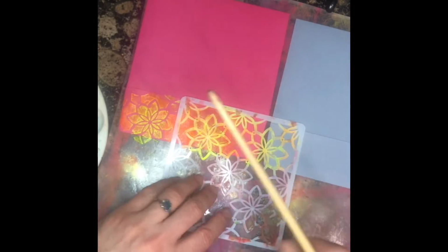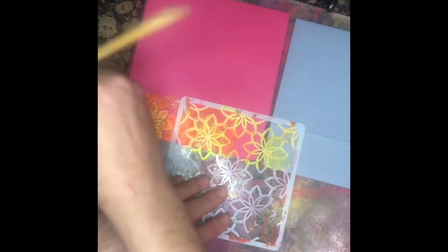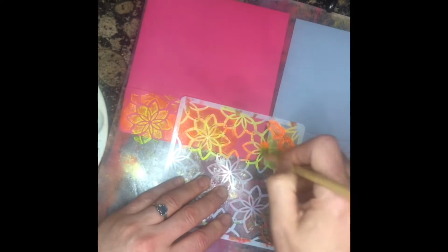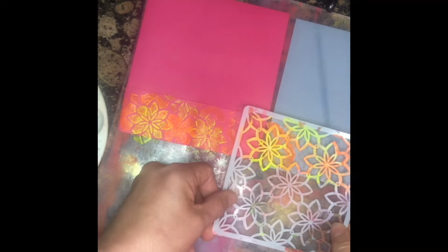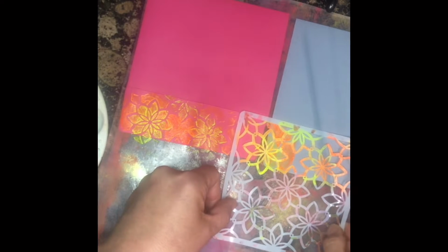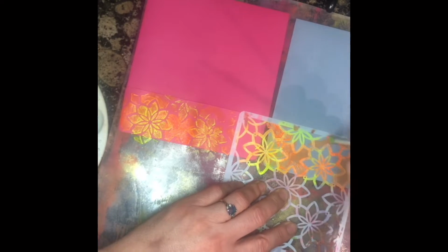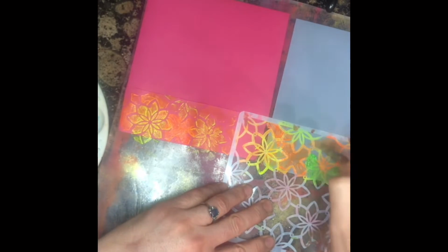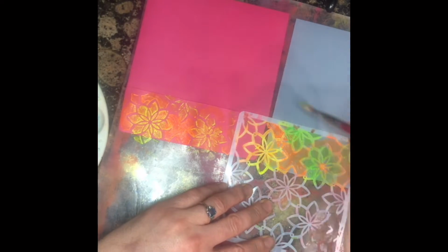So what I'm starting with is a stencil that I used maybe 3 or 4 months ago, and I didn't really like what it looked like after I was done. So I just kind of put the project away, but I pulled it back out, and I'm just trying to see if I can find a fun way to repurpose the project. It was kind of a failure project in a sense, but yeah. Anyway,